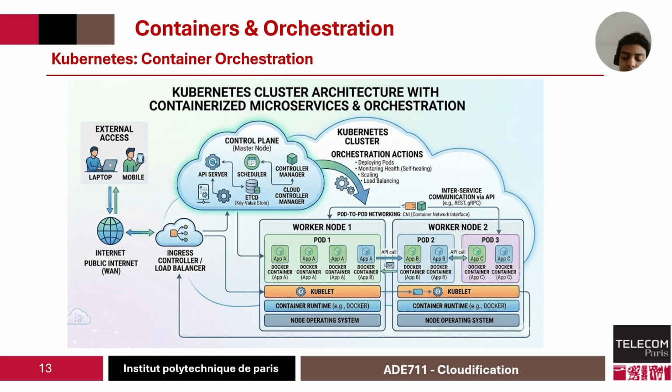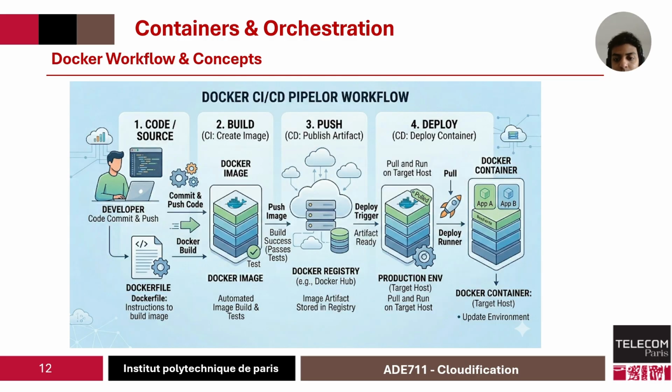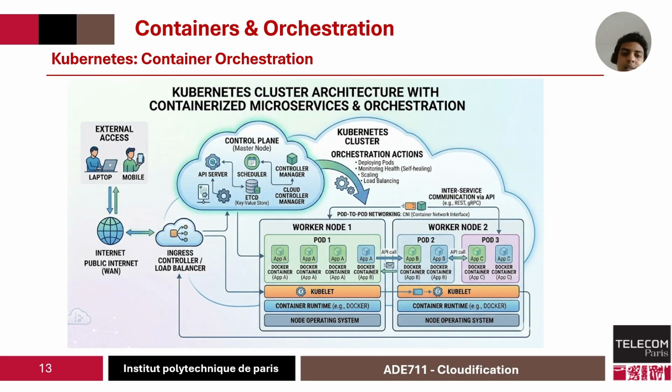Just before Kubernetes, we have Docker Compose, which can be used when you have an app that uses a lot of different containers. For example, you have a front end, a back end, and a database. So how can you put everything together? You can use Docker Compose, of course, and you need to install it on your PC to be able to use it. And Kubernetes is a very high-level container orchestration.